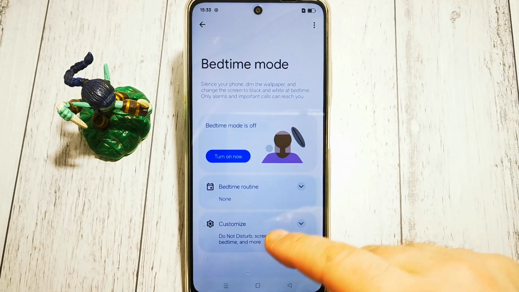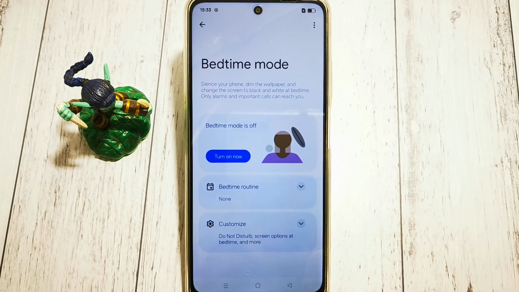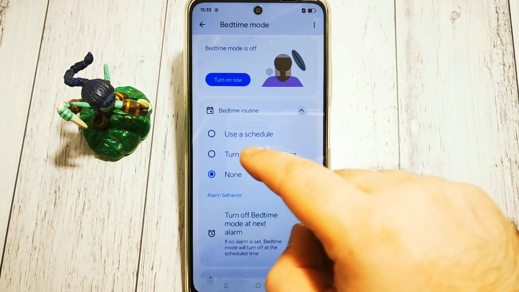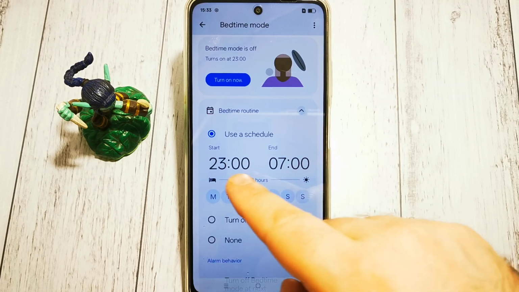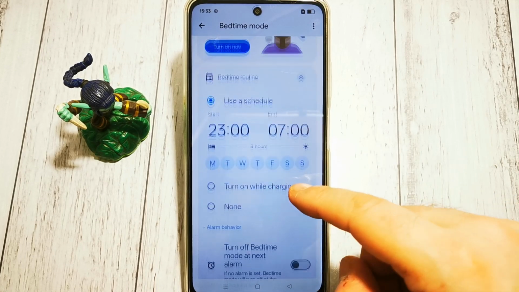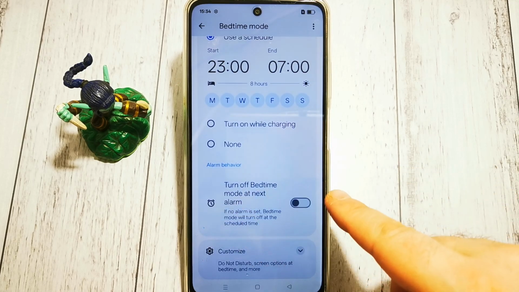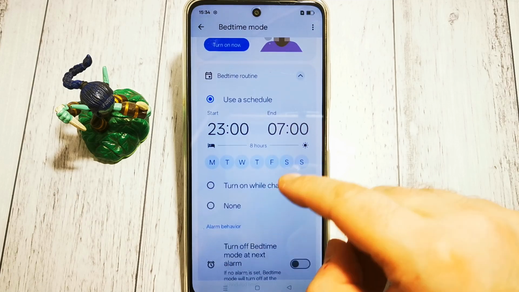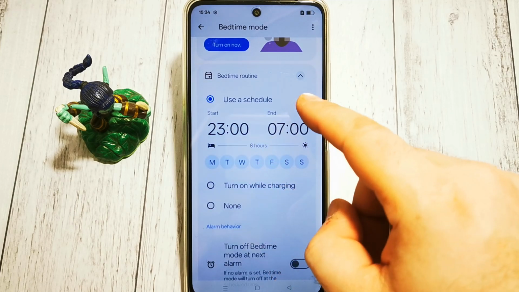So first of all, we can turn it on or off right now, or we can set up a routine using this option here. So use schedule. As you can see, we have our time, we have days of the week, and here we have our options to set up our routine. So let's say,